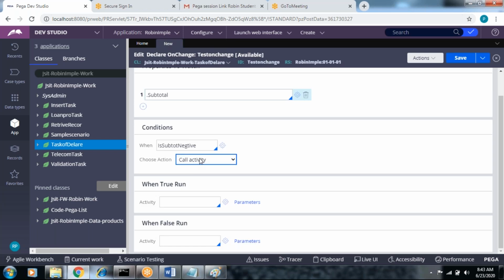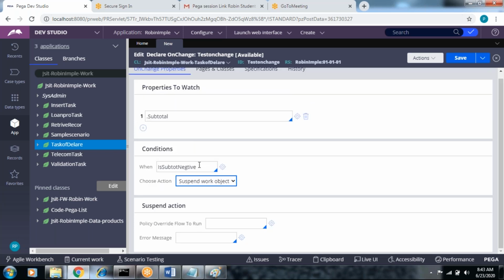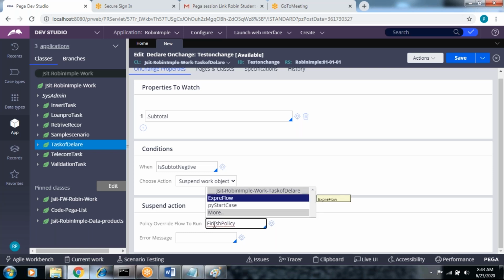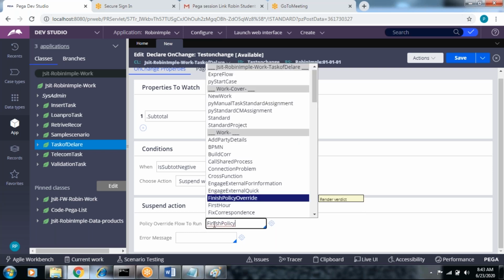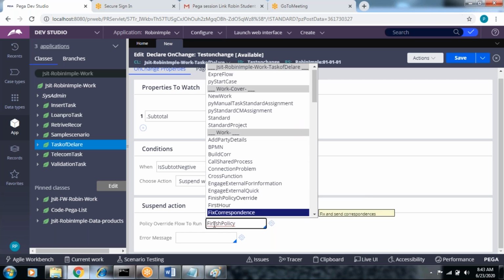Here there is a choose an action: suspend work object, not activity. First we will do suspend work object, then we will go for call an activity. So there is a policy override flow. There is a predefined flow in the work class, finish policy override.